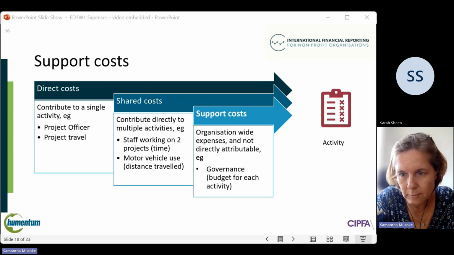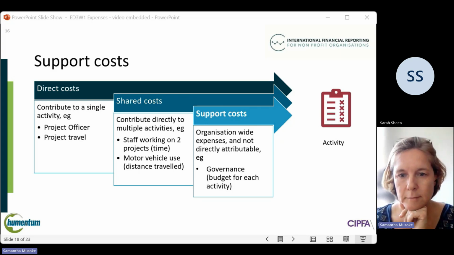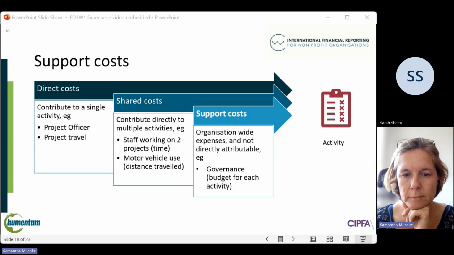Support costs are those costs incurred on the activities which are necessary to administer and manage the NPO as a whole. For example, the staff costs of an individual that works on governance issues that are necessary for the overall functioning of the NPO. Support costs relate to all the activities of the NPO, so they cannot be directly attributable to an individual activity. For example, an NPO may decide that costs related to governance should be apportioned to activities, based on the percentage of the NPO's operational budget those activities comprise.